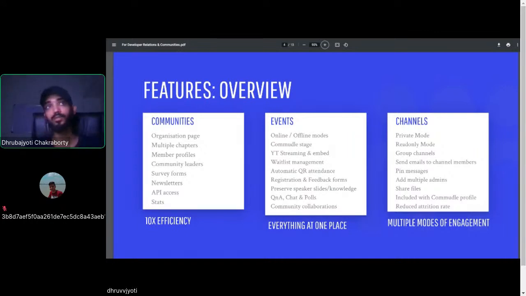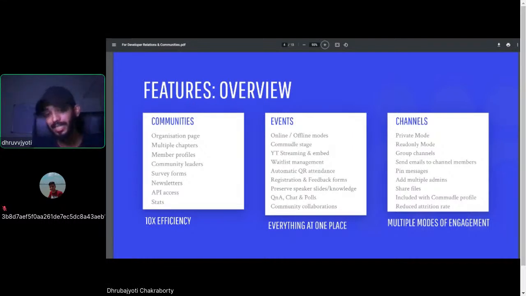Newsletters, right? Again, this is one of the, I think, most amazing features, which I love: managing your newsletter directly from Commudle, because I'll come to this, right? Of course, if you understand all these parameters and all these features, as a developer, you'll have to choose multiple tools to sustain yourself. You'll have to go to multiple vendors, and you'll have to sign up for multiple vendors to do this. But we just bring all of this together in the same platform, right?